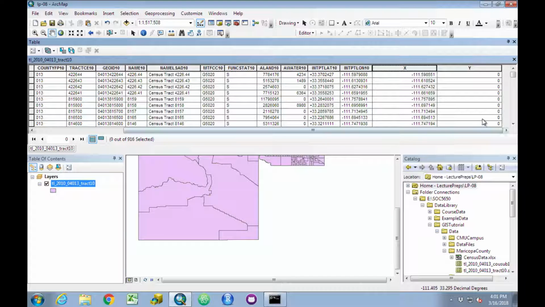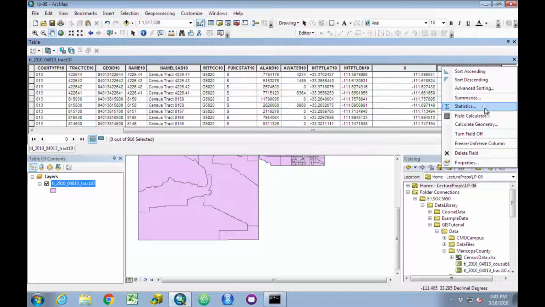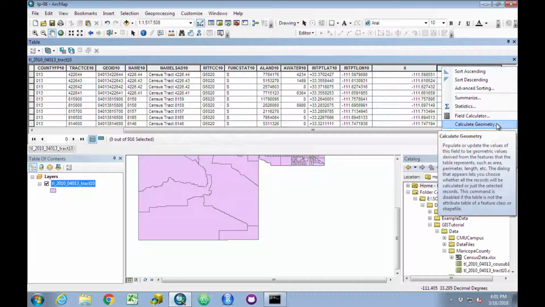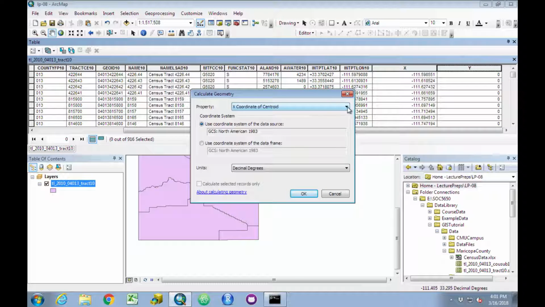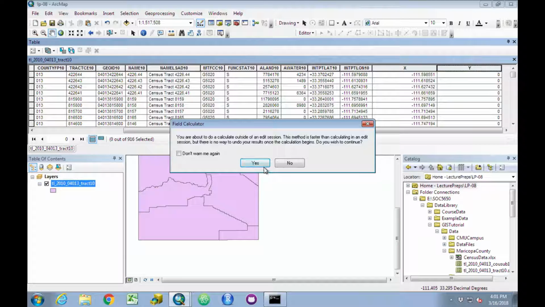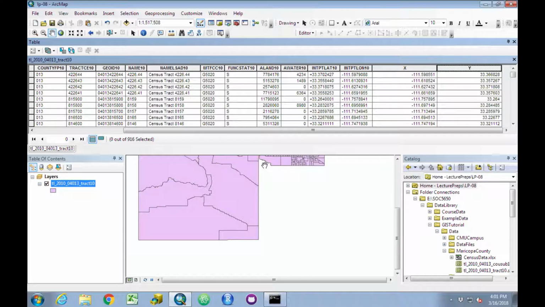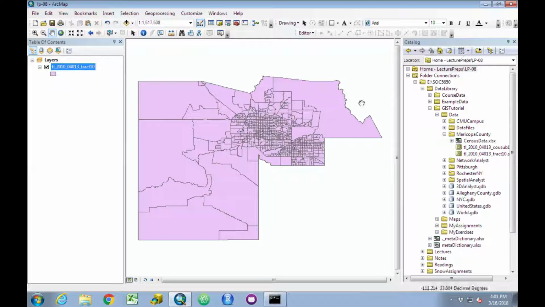We'll repeat the process for the Y column. Right-click, go to Calculate Geometry, click Yes on the edit session warning, but under Property, we will use the drop-down menu to change our setting to Y-coordinate of the centroid. Then we'll click OK, click Yes when we are warned again about the edit session, and let our calculations once again take place. Once we are done, we can close the attribute window and then head over to our catalog